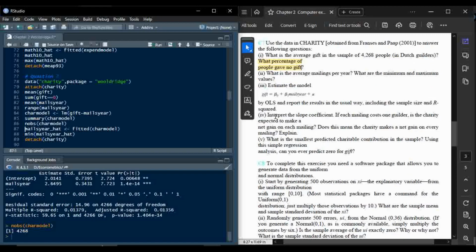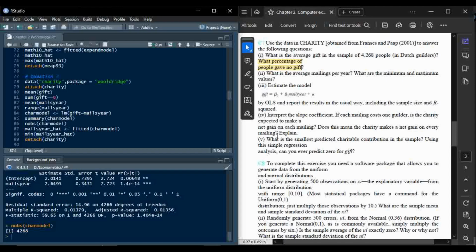Now the fourth part is interpret the slope coefficient. If each mailing costs 1 guilder, is the charity expected to make a net gain on each mailing? Does this mean the charity makes a net gain on every mailing? Explain. So interpreting the slope coefficient. First, the slope coefficient from the equation means that each mailing per year is associated with 2.65 additional guilders on average. Therefore if each mailing costs 1 guilder, the expected profit from each mailing is estimated to be 1.65 guilders,